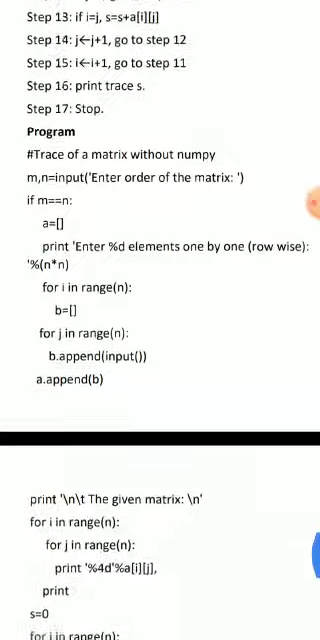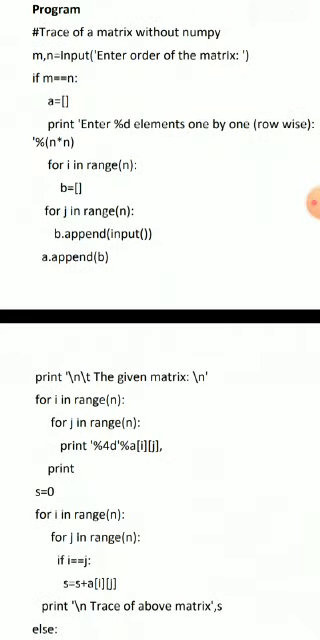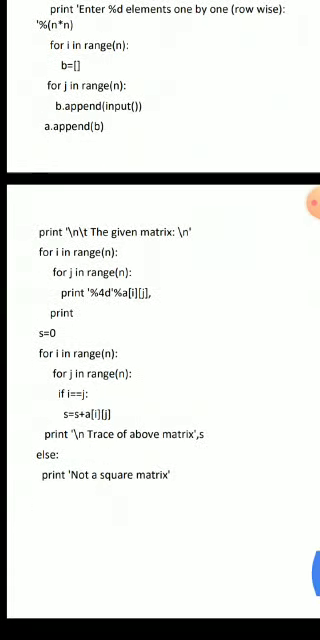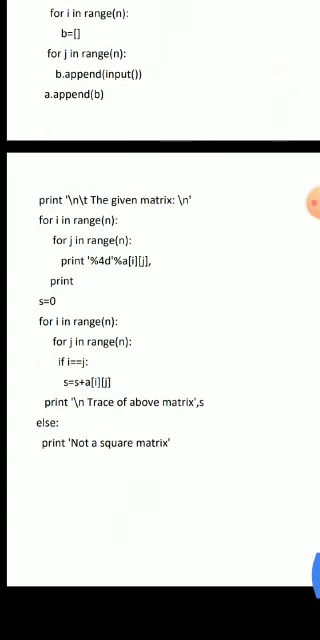Okay, so after entering the program, let's run the program for the result. That's all about the trace of the matrix. Next we have to discuss the